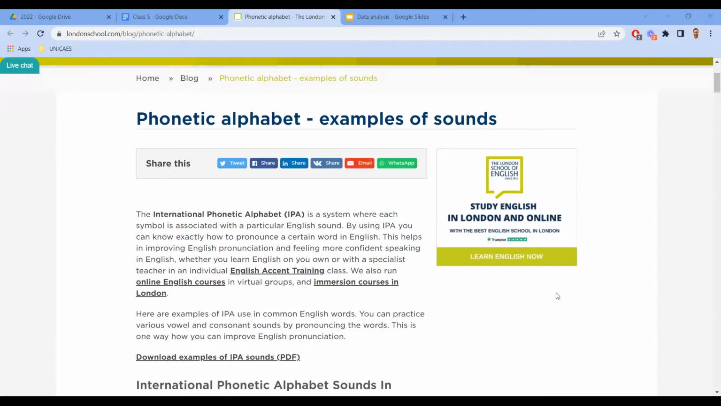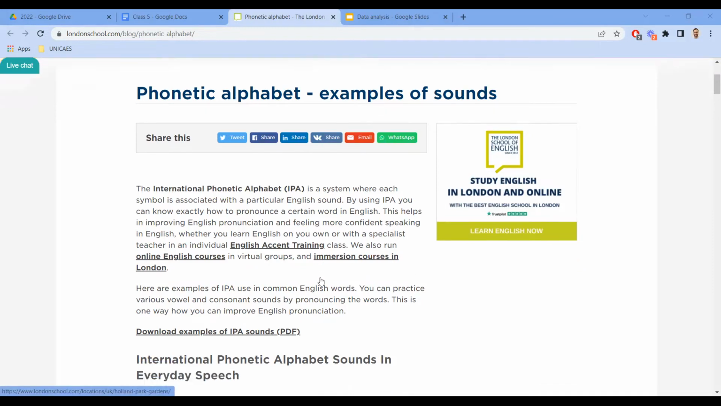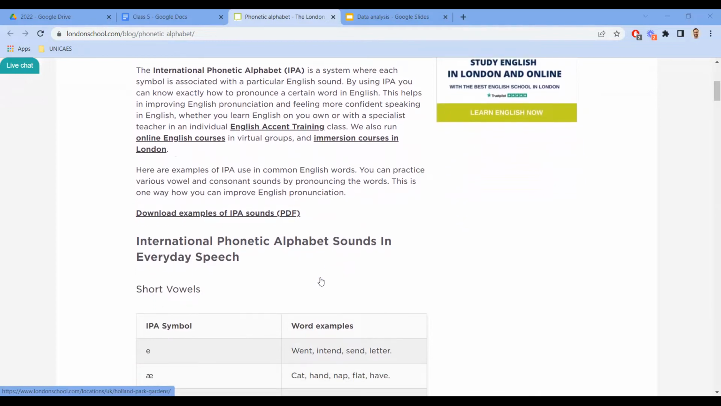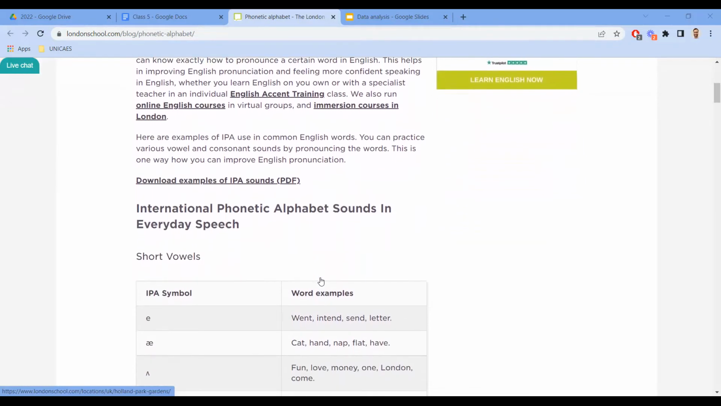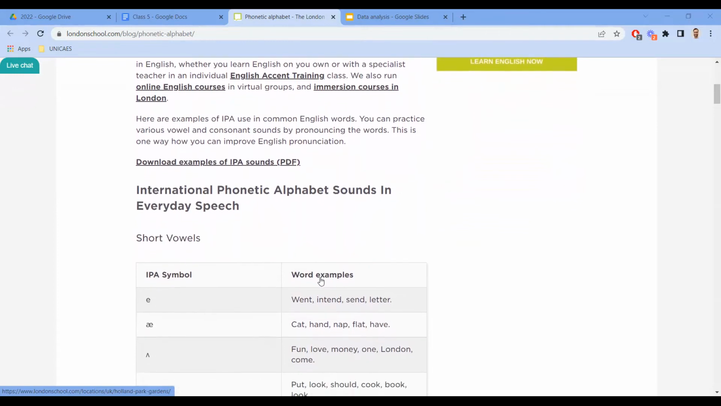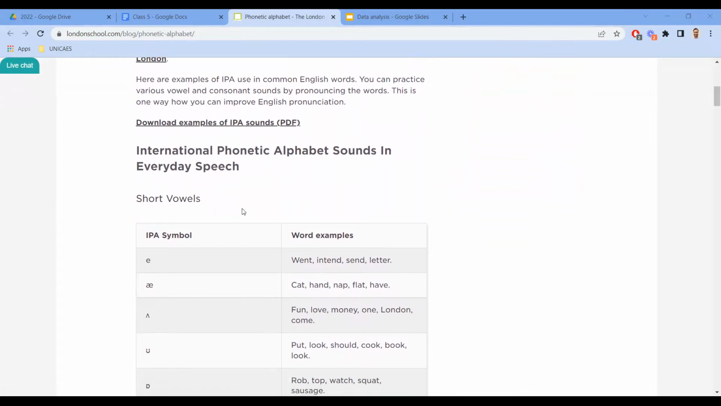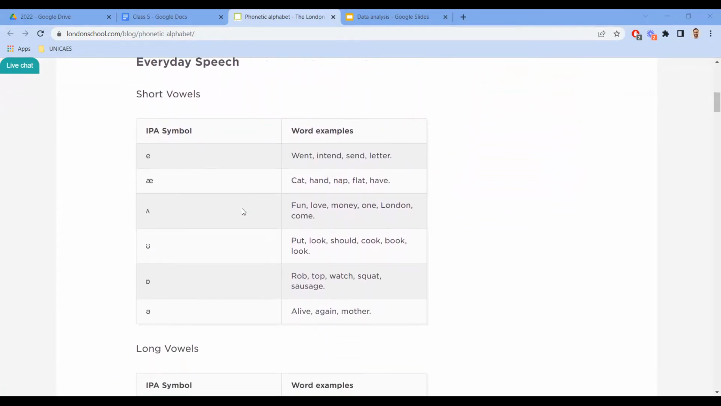So I'm going to share with you a website from London School. So you may find this at londonschool.com, phonetic alphabet. This is one of the different ways that you may learn a little bit about IPA. So over here, you can download examples of IPA sounds. And you just need to be familiarized